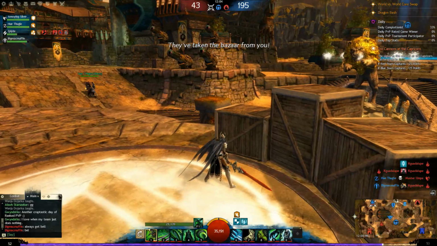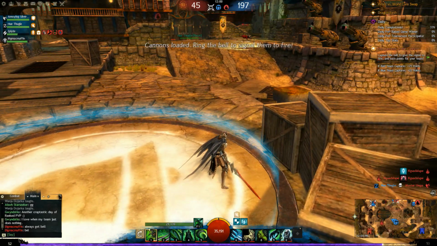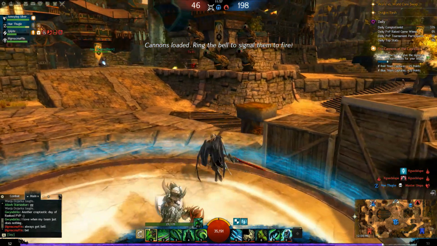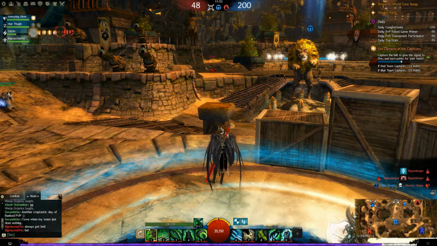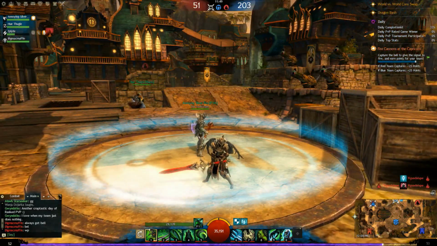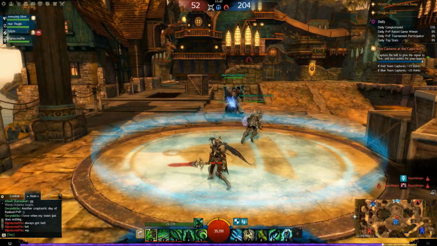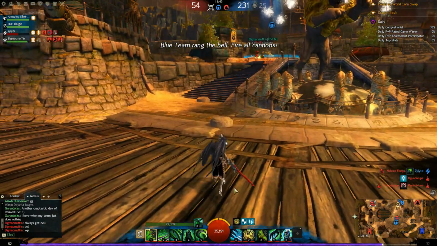They've taken the bazaar from you. So this would be the equivalent of us ringing the bell to signal that the cannons are loaded, like in the last game with the Skyhammer. Look at this guy, he's running towards that point. He should be coming here towards the bell. When placing, you're going to find the worst teams like this. Blue team, ring the bell. Fire all cannons. I don't necessarily...